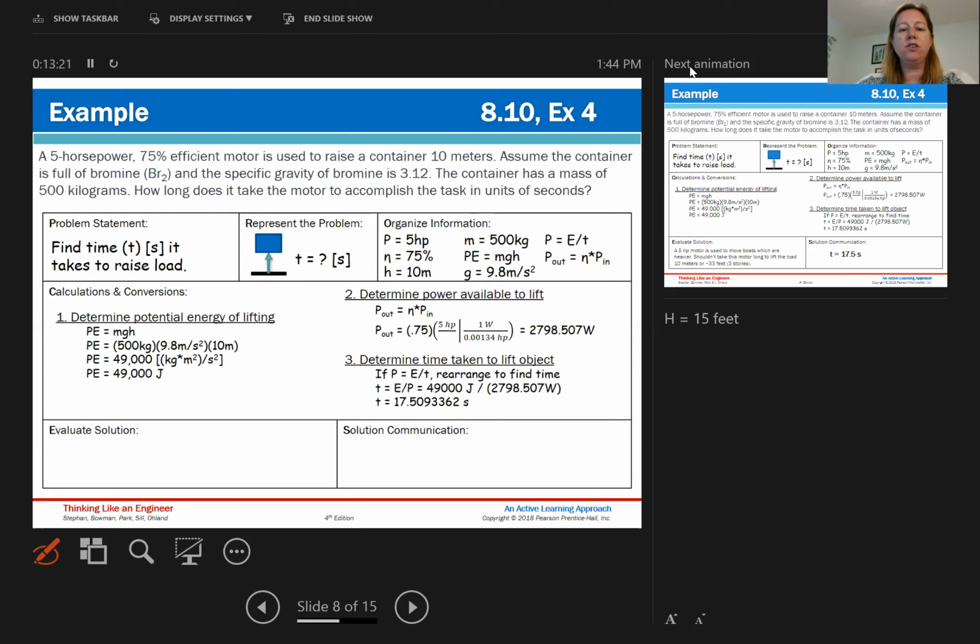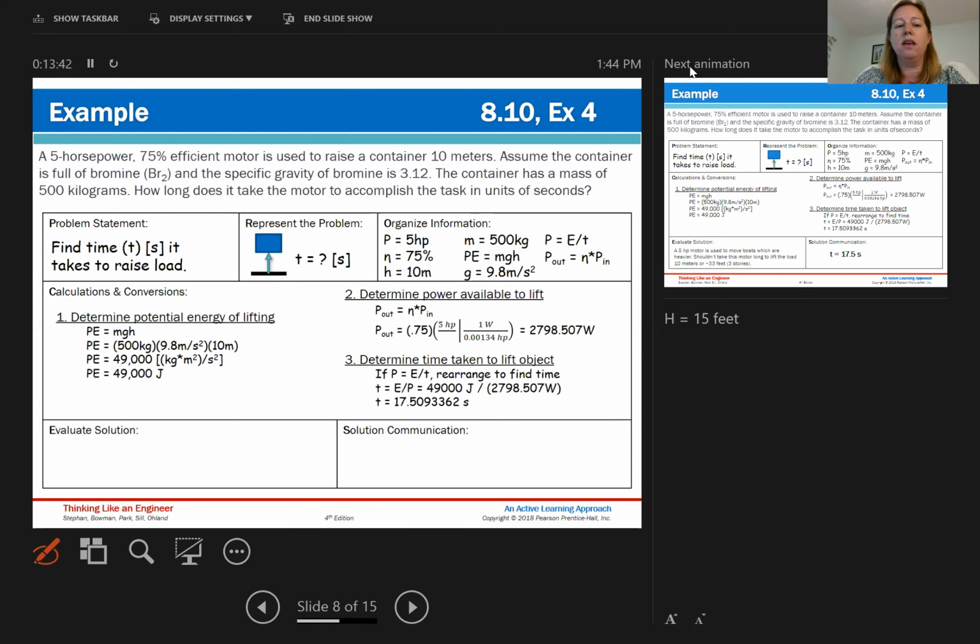And then from there, I determine the time taken to lift the object. So my power is equal to energy divided by time. I rearrange my equation to find my T, time. So when I do 49,000 joules divided by however many watts it is, from step 2, I can find that my time is